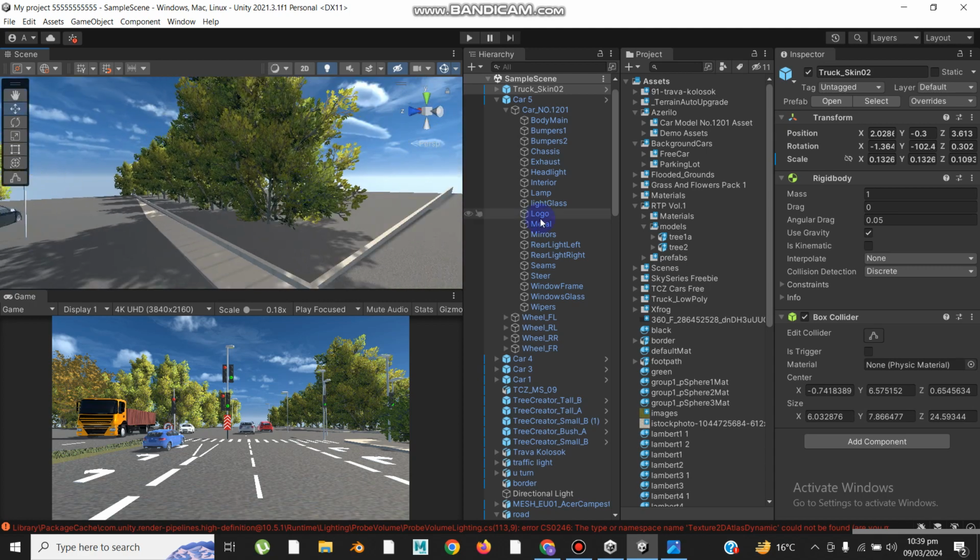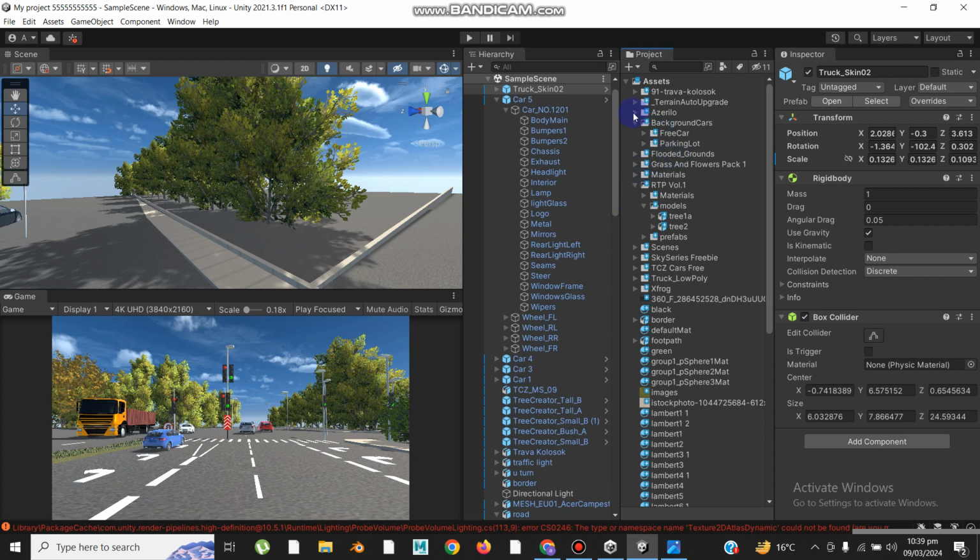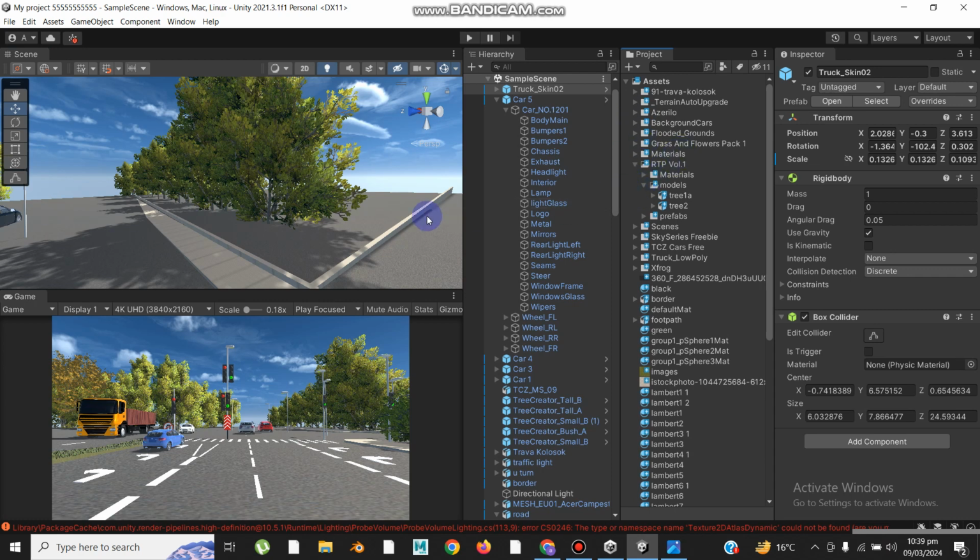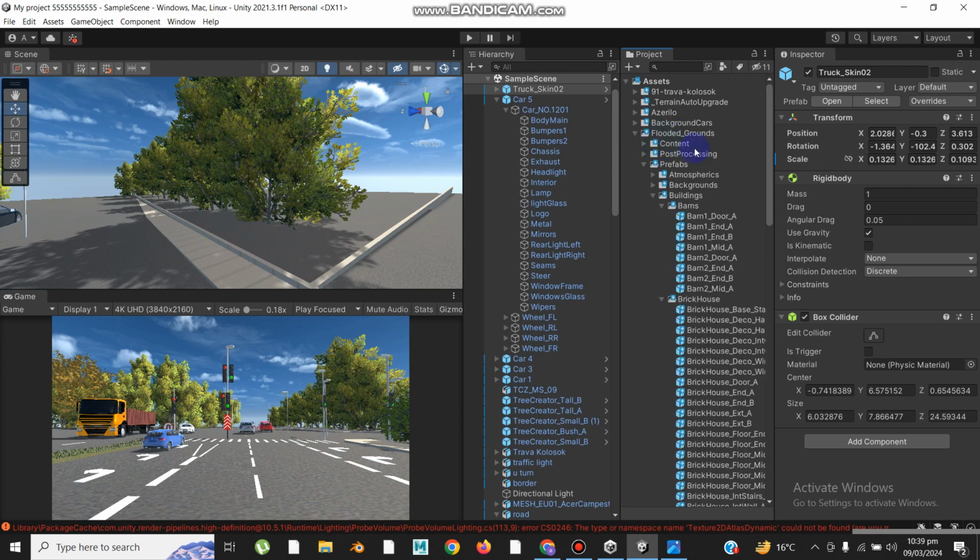For that I used one of the Unity free asset environments, Flooded Grounds. If you type Flooded Grounds inside the Unity asset store, you can find this, and simply